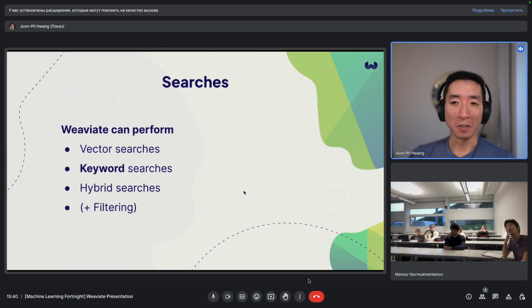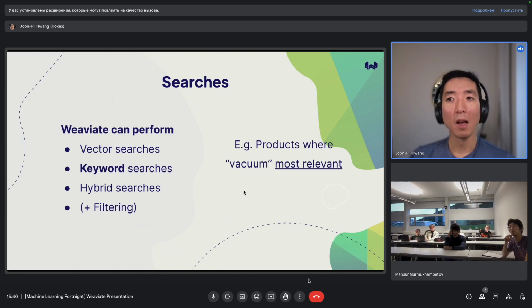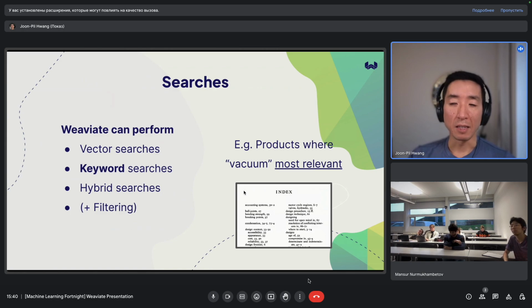And then there's this thing called keyword searches. If you use SQL, this is a little bit different to what you might think of as a search in terms of the where clauses in SQL. I tend to describe it as cases where your keyword terms are the most relevant. What I mean by that is it's not just looking things up in terms of matching a word.